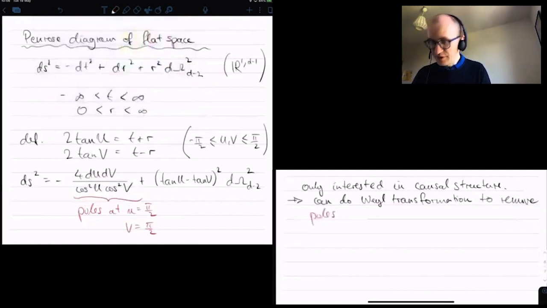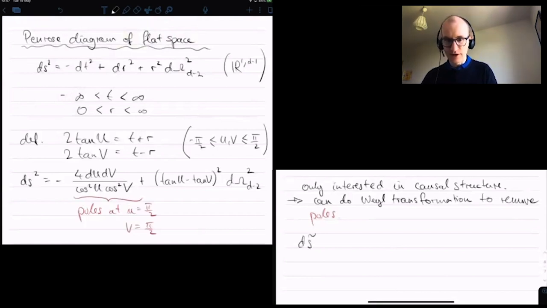Okay, but let me remind you again, this is not some physical symmetry. I mean, in no way is this some physical symmetry. This is just a geometrical thing that we're doing to get a representation of the original spacetime, which is useful. So this is not going to be equivalent to the original spacetime, nor is it somehow the application of some symmetry. It's just that we're massaging the metric in such a way that we get a useful representation. And this useful representation is the conformal diagram. So then,